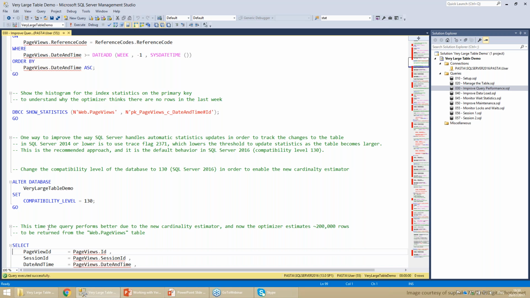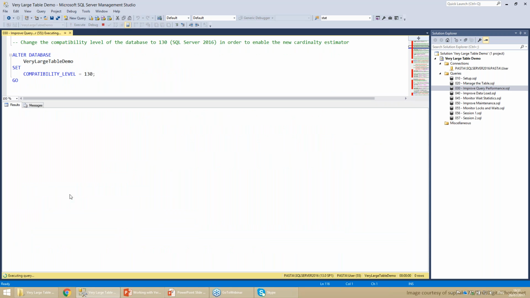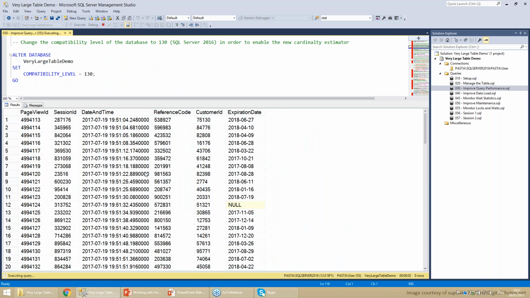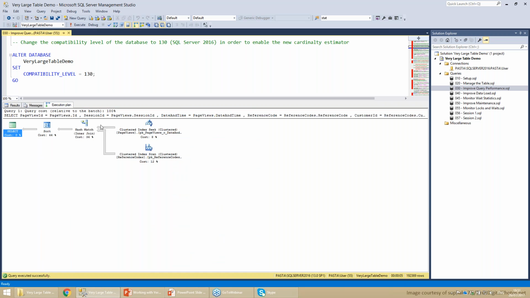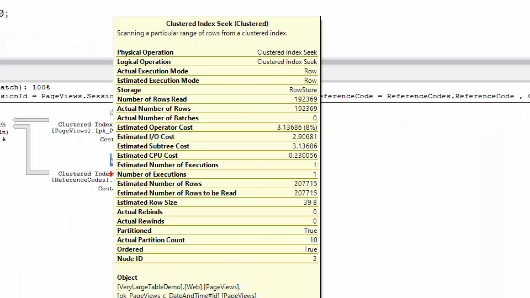We have a new cardinality estimator, and now when I'm using the new compatibility level, if I run the same query without changing anything else, we're going to get, hopefully, a much better plan. The same number of rows, of course, but now we have a hash match inner join. Okay, and if we look here, we now see that we have a much better estimation.